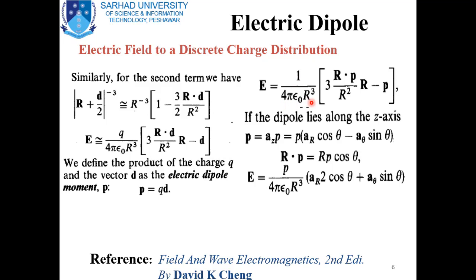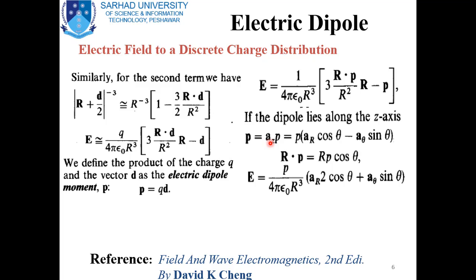r cube into 3 (r dot P) r divided by r square minus P. As our dipole lies along the z-axis, P can be written in terms of magnitude along with direction. So the direction of P is in the positive z-axis. So P is the magnitude of the dipole moment and a_z is the direction. Now we can express a_z in terms of the